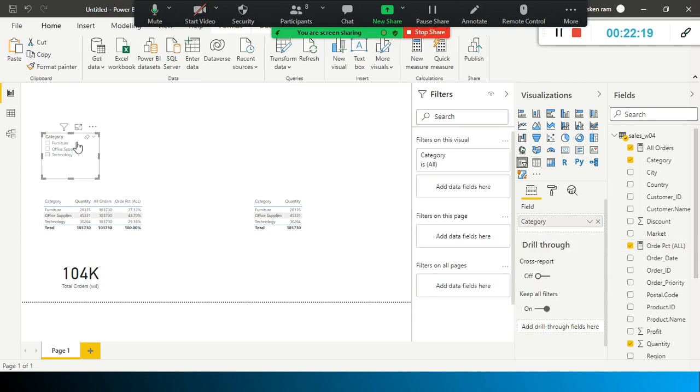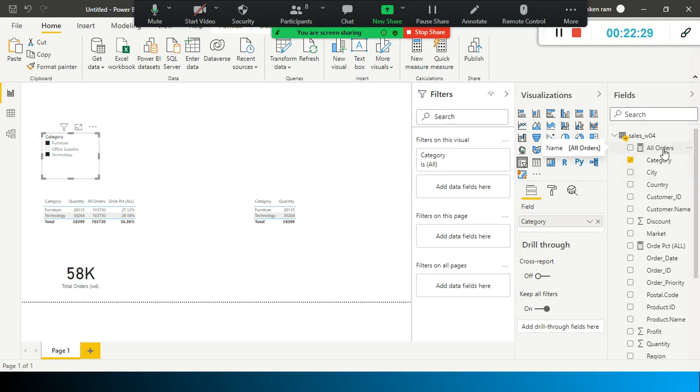So now I am going to use this slicer. With this slicer, I am going to select a specific category. As per this measure, we mentioned it very clearly: even if you apply any filter, whether it's a row column filter or an external filter like a slicer, don't apply it on this one. So it still shows 103730, right? With the external filter and row column filter, it is not getting changed. It remains as it is. That is what I am trying to say.